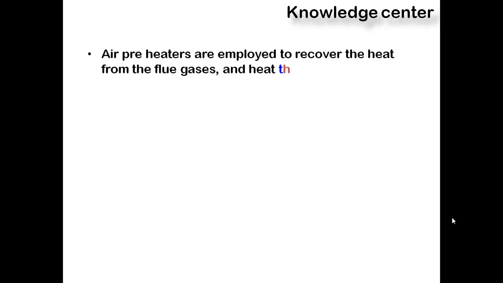So here I am going to help you regarding the air preheater today. We are going to discuss the air preheater which is used in the steam power plant. As we all know, in a steam power plant we have a boiler, and that boiler will develop the heat. The gas which is coming out of that boiler is termed as flue gas. So we need to increase the efficiency of the boiler. In order to increase the efficiency of the boiler, we use the economizer, air preheater, and superheaters.